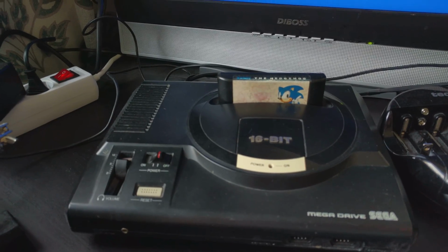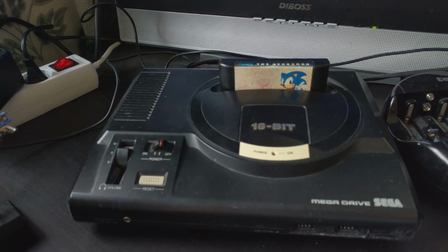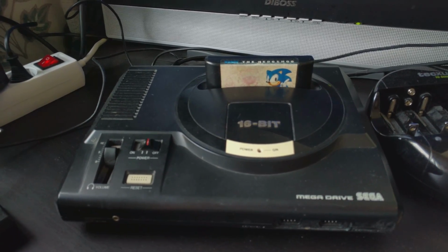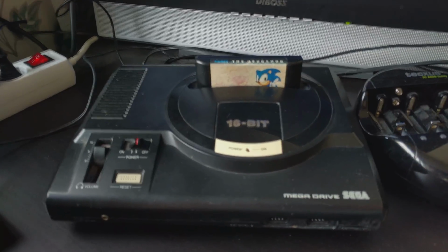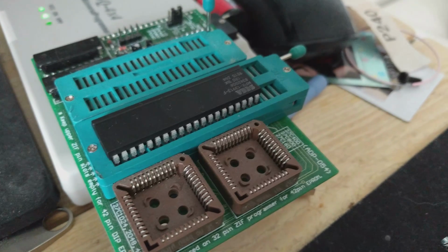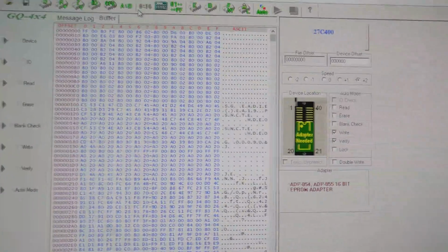So what I was thinking I should do is to check the ROM chip and see what happens with it, well, what it does by dumping the ROM. So let's do that. So now I plugged the chip into the ROM programmer and try to read what data it outputs. And what we get is this